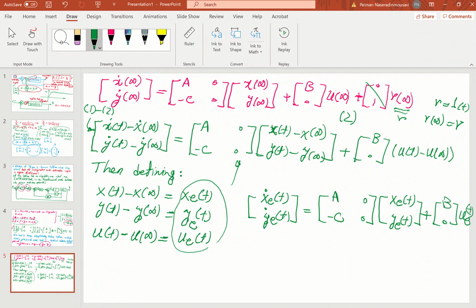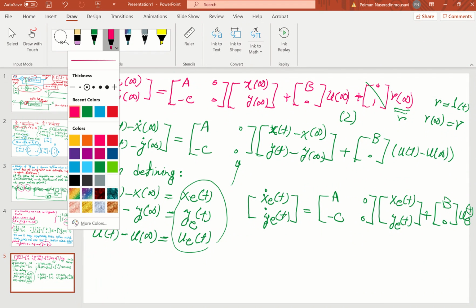Bingo. So the first take-home message is that if you have a non-zero reference,